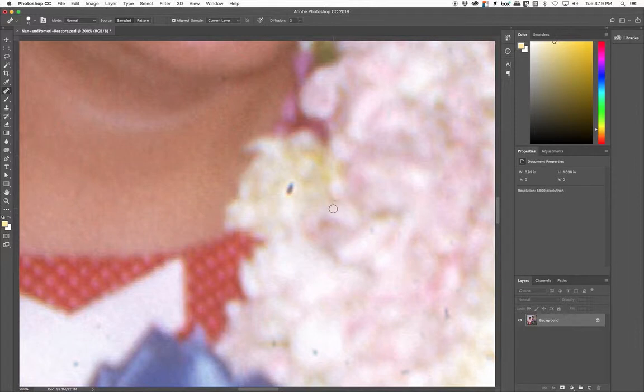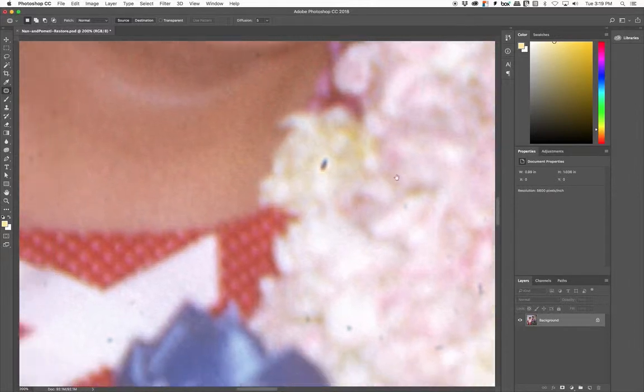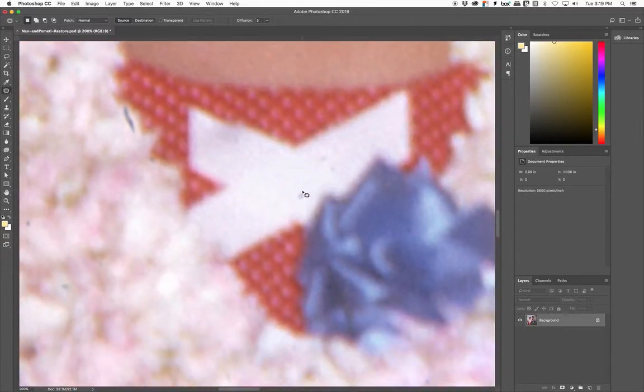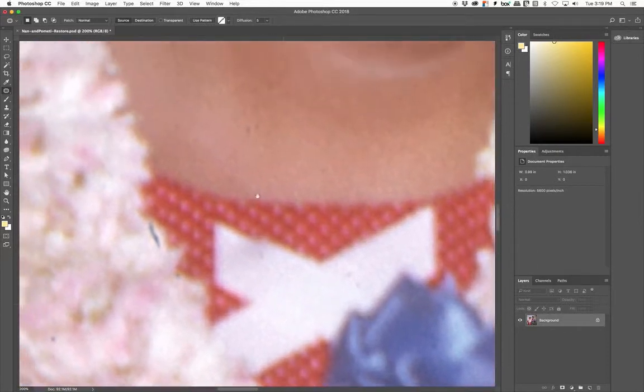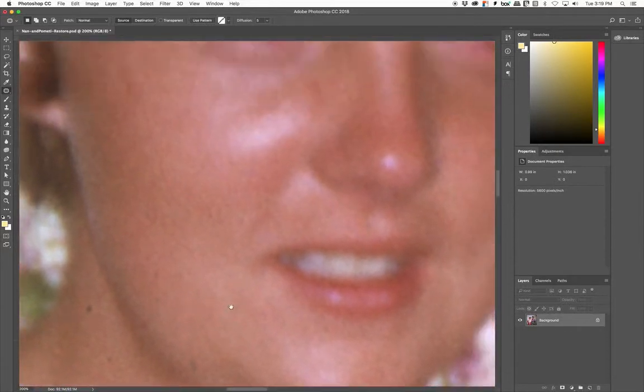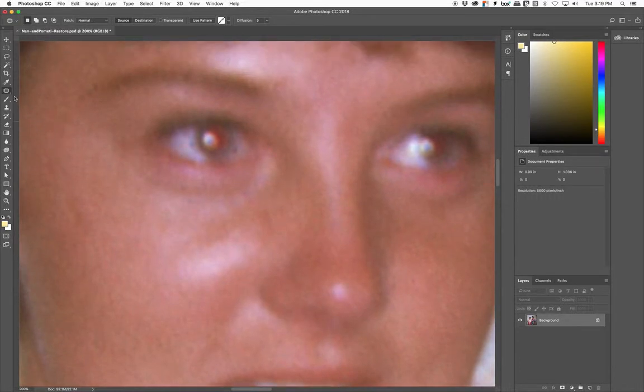Now you can see that one didn't work so well, so maybe that would be better off for the patch tool. Okay, and you can see the areas of contrast may not always work out just perfect. Okay, you can kind of see some defined lines in there. And you want to kind of rotate your sample area where you're picking things from. So those are the two main tools. You know, the other tool that we can use in here